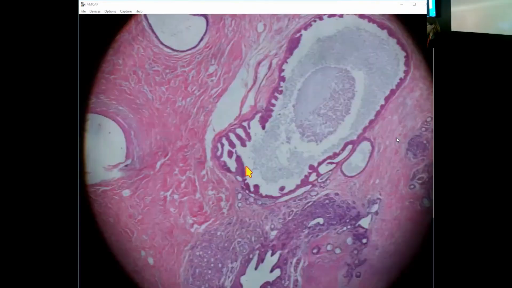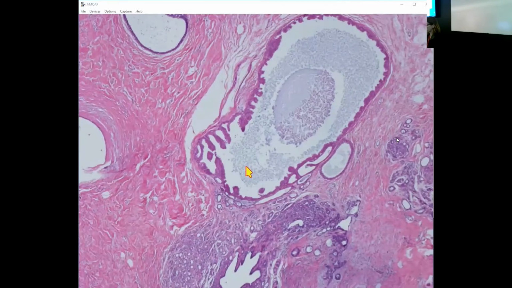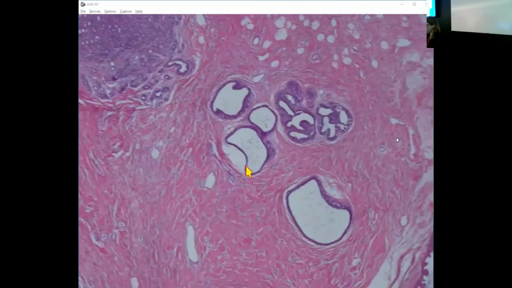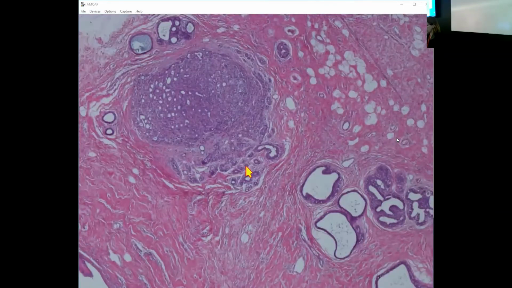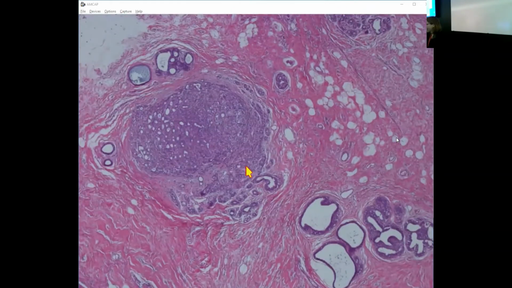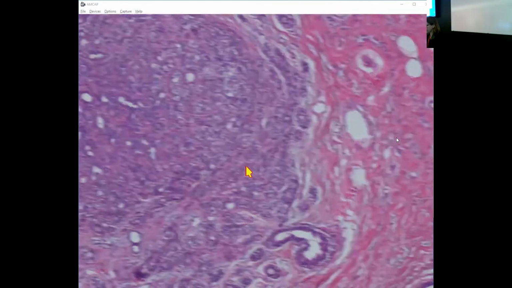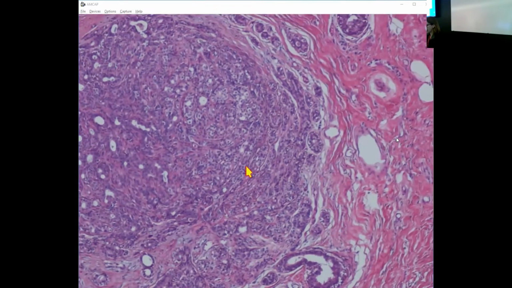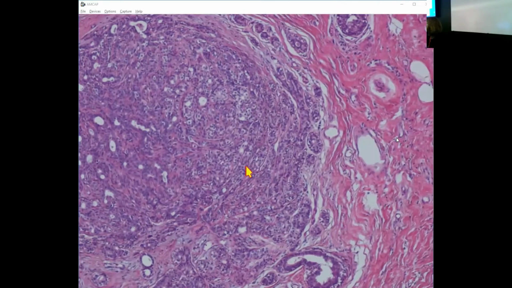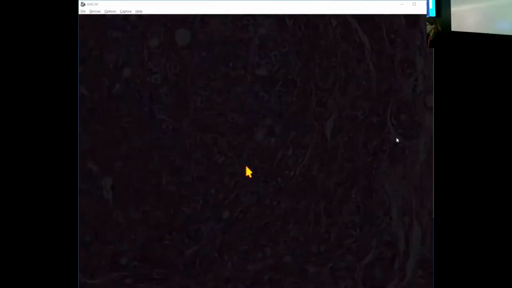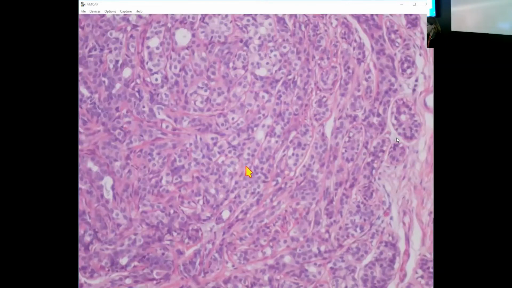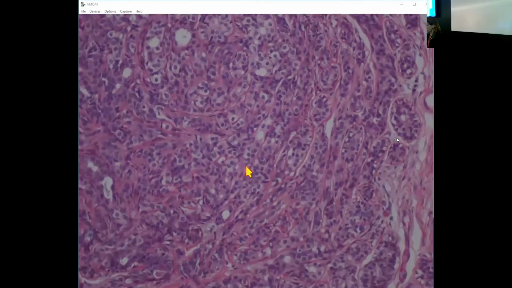We've got some apocrine epithelium here. All right, so let's go around a little bit more and see what else we have. Lots of sclerosing adenosis. Can you see anything on low power in this area? Well, this area is more nodular, and I am thinking of two things. The first one is an adenomyoepithelioma. Yeah. And maybe